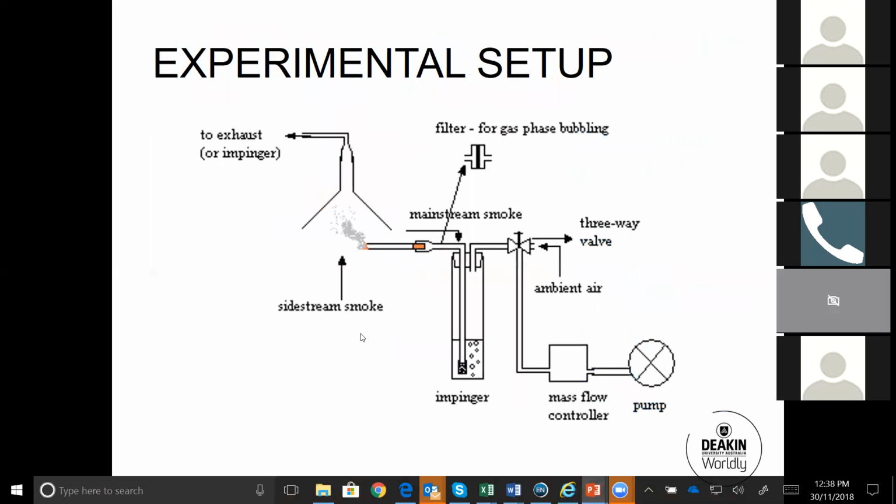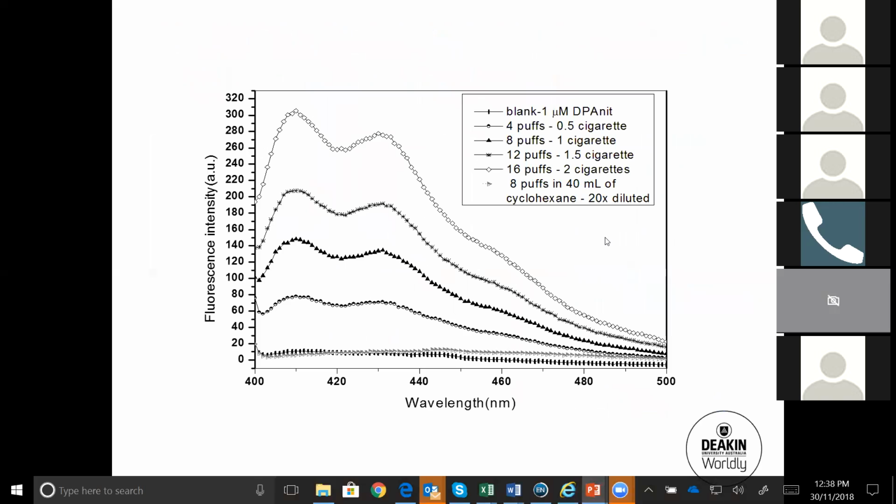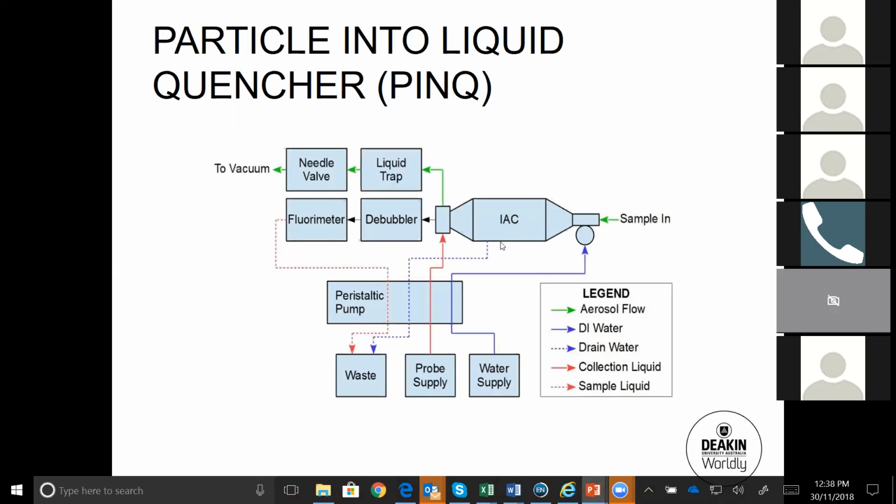This was the experimental setup that we used to test the probe to see if it actually reacts with ROSs. We use cigarettes as a safe source of ROSs. And we realized here that once we increase the number of cigarettes or the number of puffs, so when we give more ROSs, we have a linear increase in the fluorescence, which was a good test for the suitability of the probe. And then when we decided that we will use this probe for the detection, we actually started developing the system.